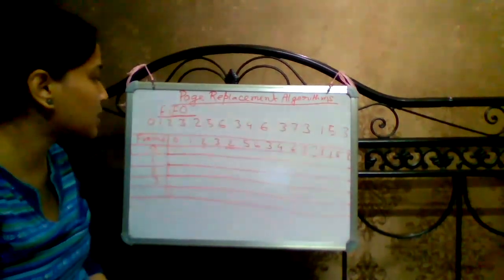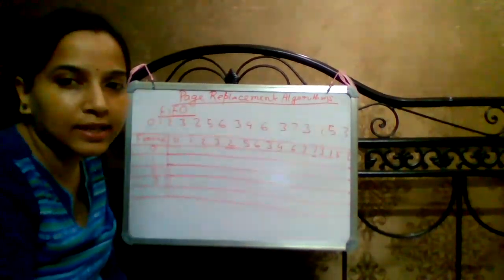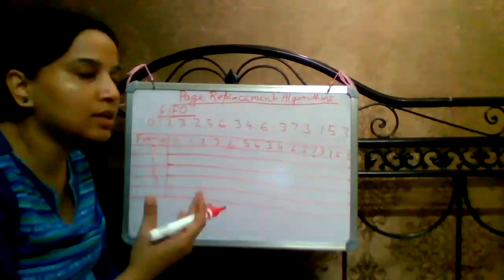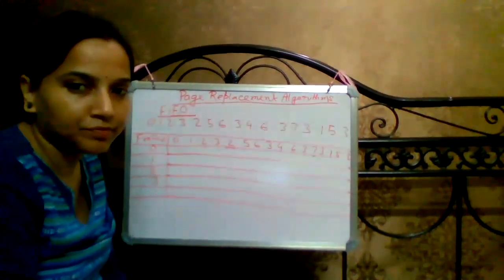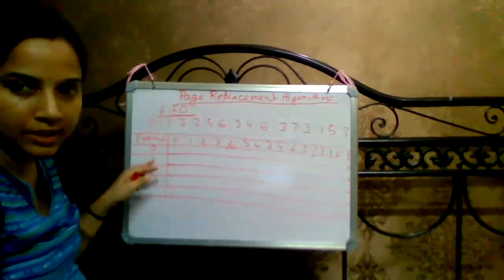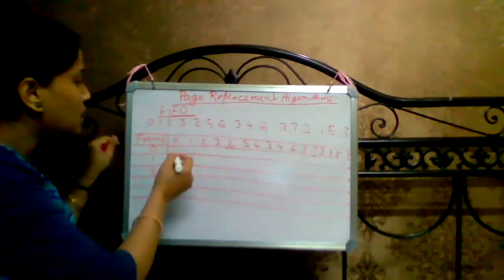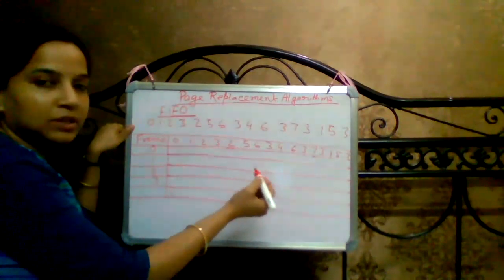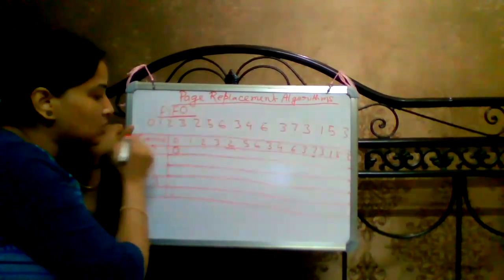So now the string, first of all, what happened? We consider all the pages belong to the secondary storage device. When required for execution, that particular page is brought from the secondary storage device. So initially all the frames are empty, to store that particular process. So we bring from secondary storage, the first swapped-in page is 0.